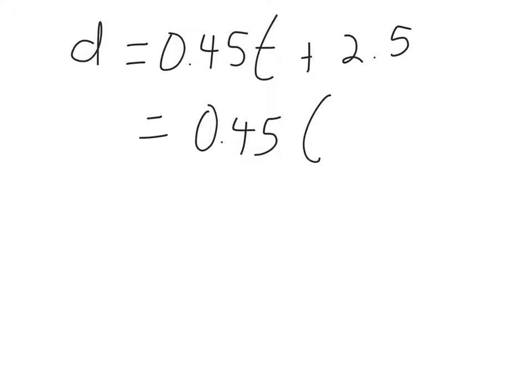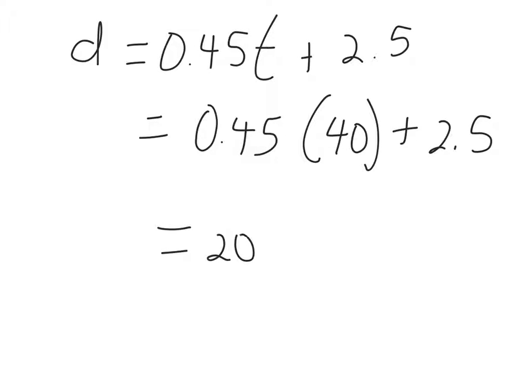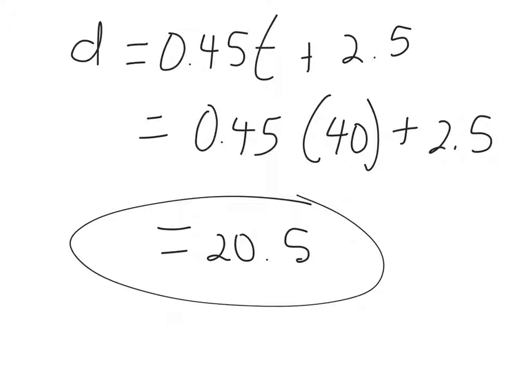So t is going to be 40, which was given, plus the 2.5. Now we're going to multiply and add. When we do that, we're going to end up with an answer of 20.5. And we could summarize or estimate that it's 21 miles approximately to the museum. So let's try another